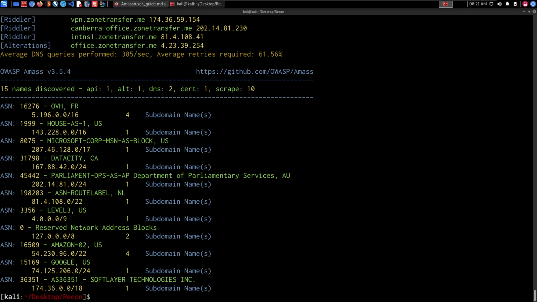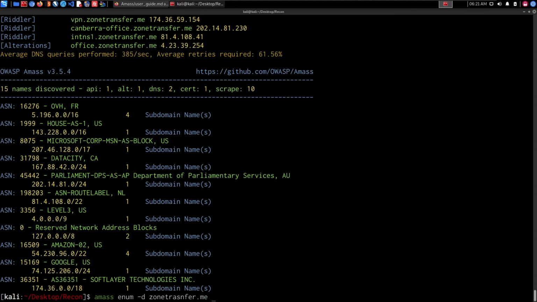Let's take a look at one active reconnaissance technique that I typically utilize with Amass, and that is to perform directory or subdomain brute forcing, as it were. And again, we can do that with Amass. We simply type in amass and we say enum. We're using the enum subtask here. And we then specify the domain. So we can say zone